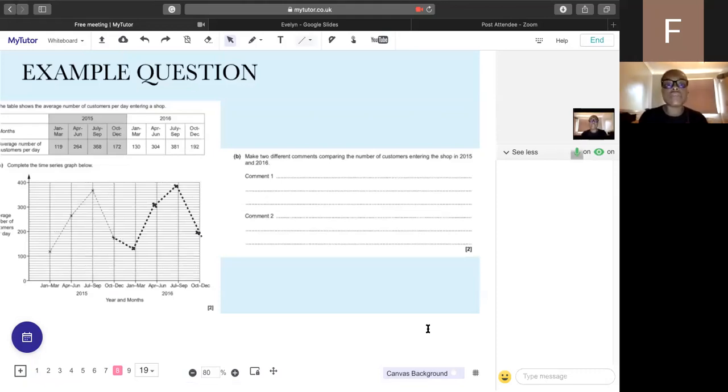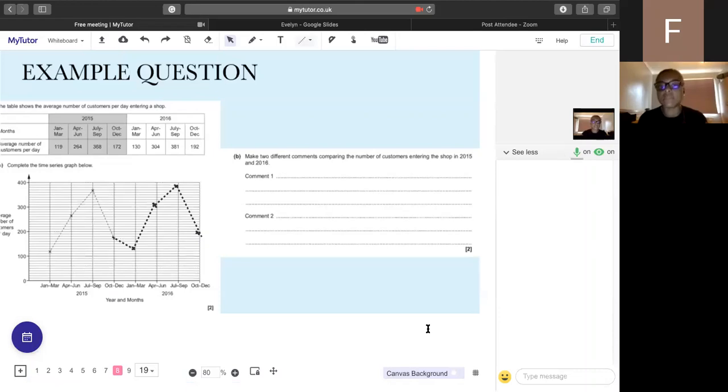There are a number of comments you could make based on the data on the graph. But one thing that you shouldn't do is, because it's specifically asking you to comment on the number of customers entering the shop, do not talk about the shape of the graph. The shape of the graph doesn't tell us how many customers are entering. If you say something like the graph is increasing or decreasing, be specific with what you mean. If you are going to say that it's increasing, say that the number of customers are increasing between these months